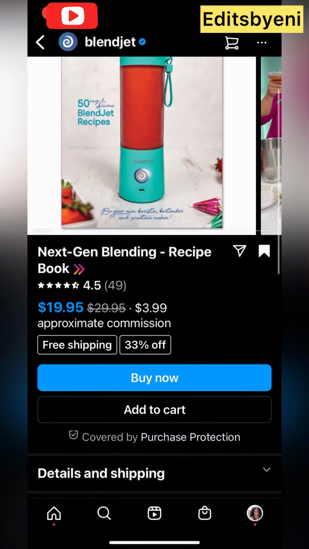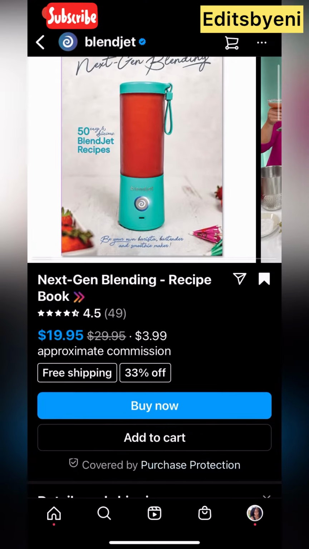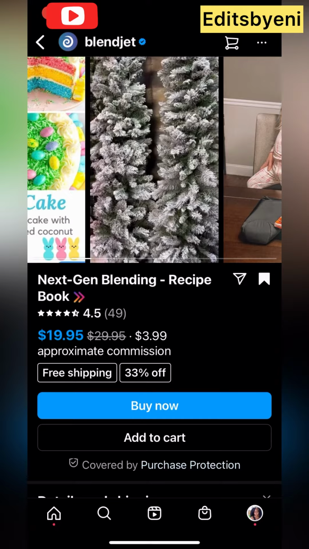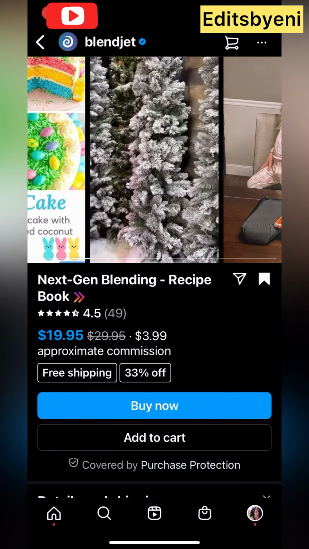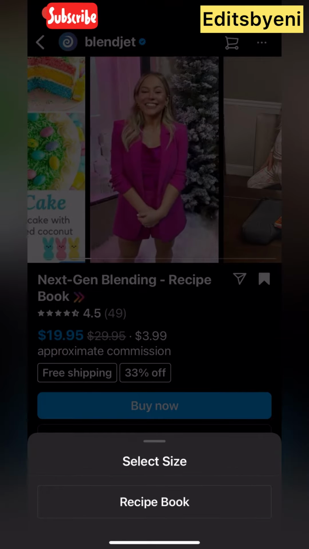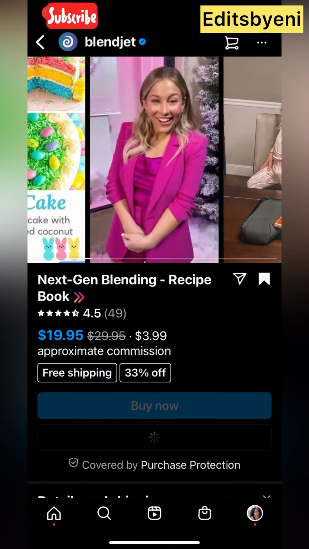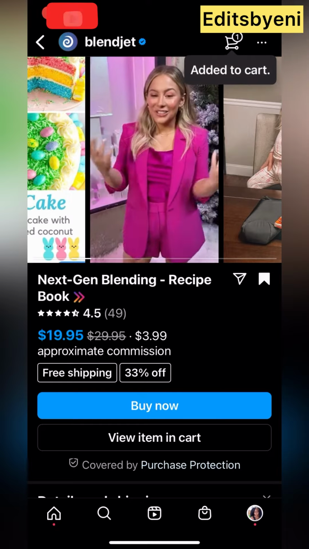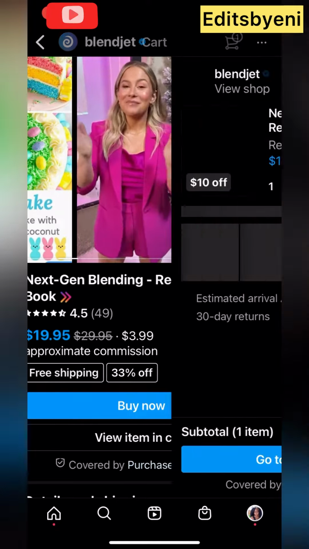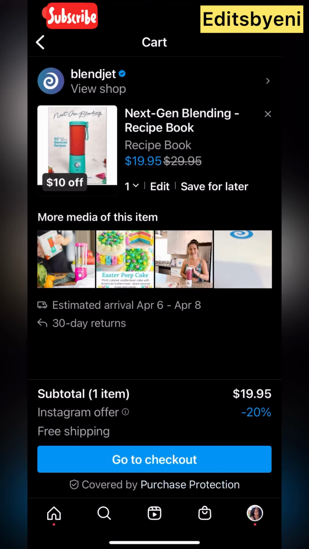You can go in there, then you can click to add it to the cart. It's free shipping. It shows how much commission you're going to get per affiliate, so you know the amount of money you'll be getting back. What I'm doing now is I'm just selecting the cookbook, and then I can go in there. I can click on add to cart. Up on the top, you'll see where you've added it to the cart,